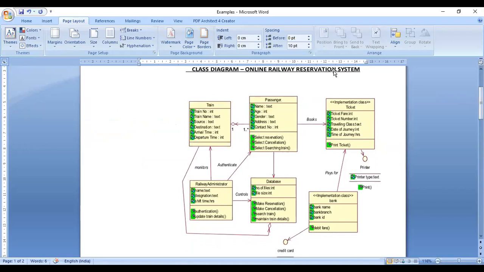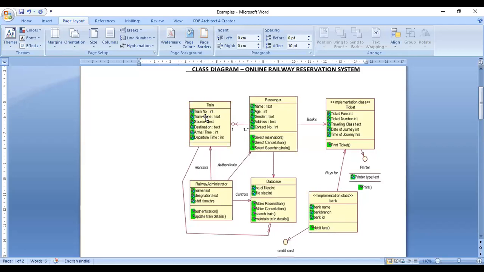In this project, how many modules do I have in total? The first one is train, then passenger, ticket, administrator, database and bank. In this total architecture, the system has 6 modules.